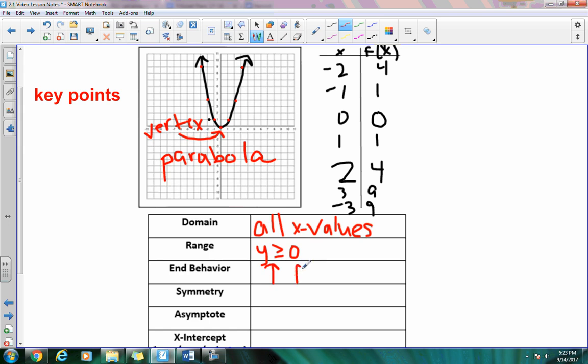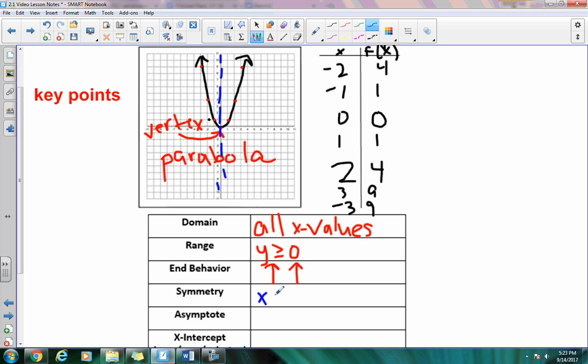End behavior, remember this is how the left and right side of your graph ends. Goes up on the left, goes up on the right. Symmetry, yes, a parabola does have symmetry. It is around, I'm going to use a blue line here. For this particular parabola, for the parent function, our symmetry is the y-axis, but for any parabola, the line of symmetry is at the equation